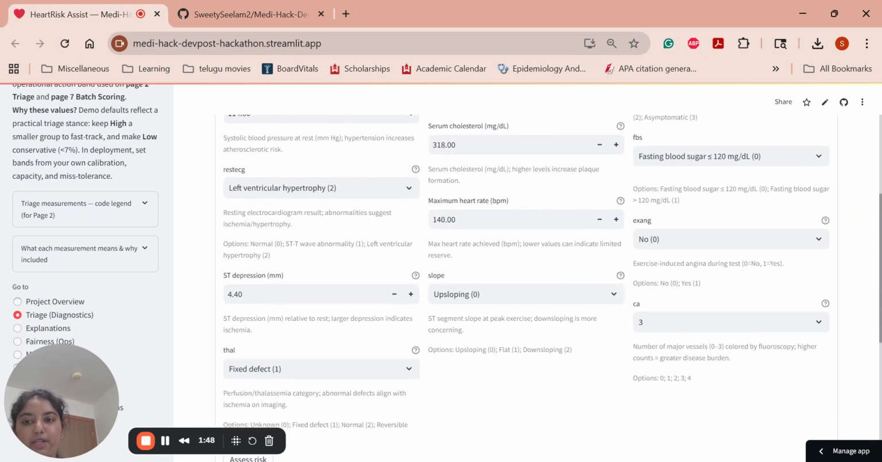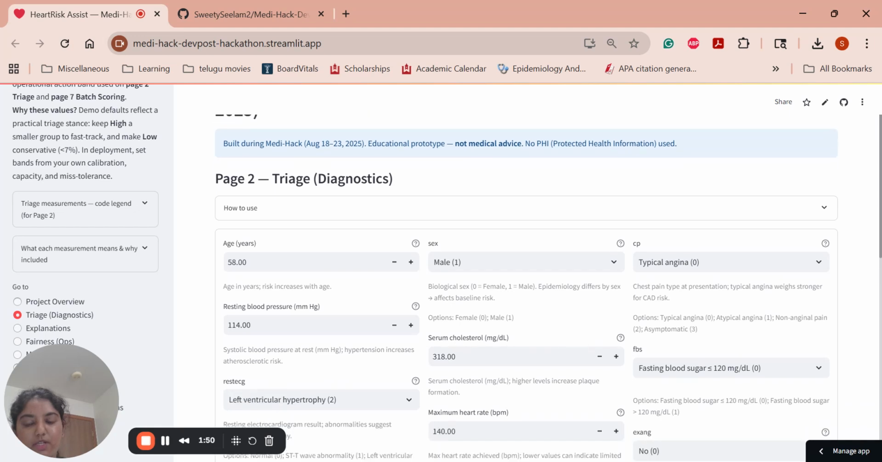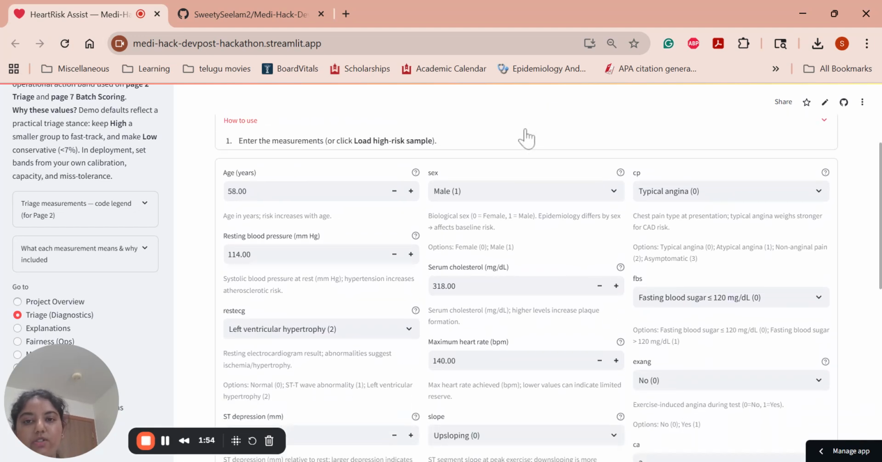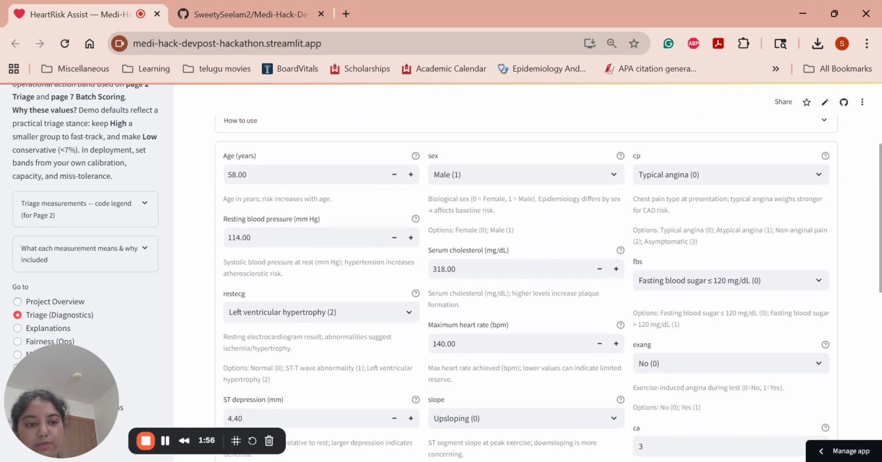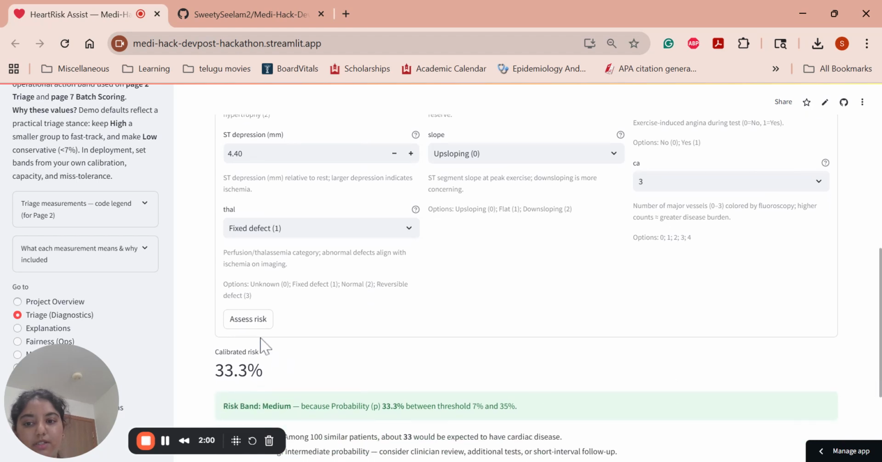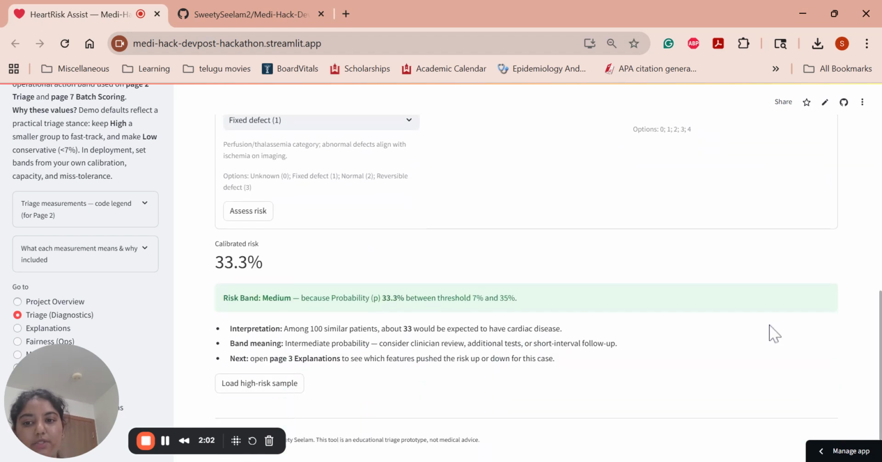And here is the main page of the app, Triage Diagnostics, where there are instructions on how to use it. These are the measurements of the patients. If you have values, you can input them and simply click assess. Then you get the calibrated risk and the risk band based on the thresholds we have set. The interpretation is, assuming there are 100 similar patients, here at 33%, 33 would be expected to have